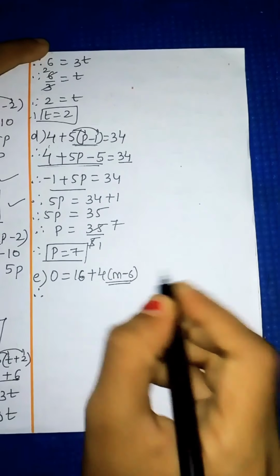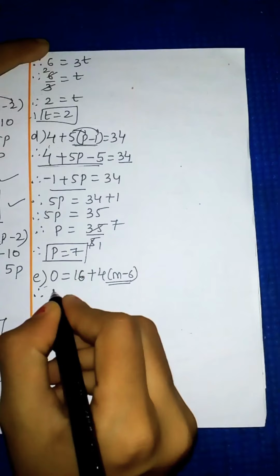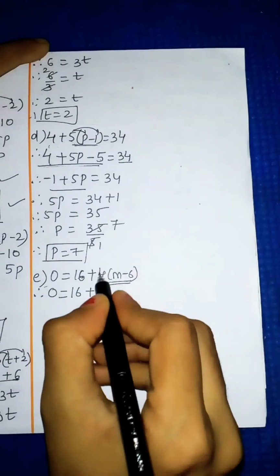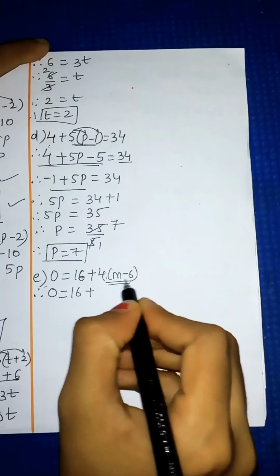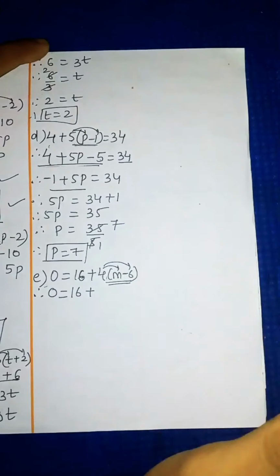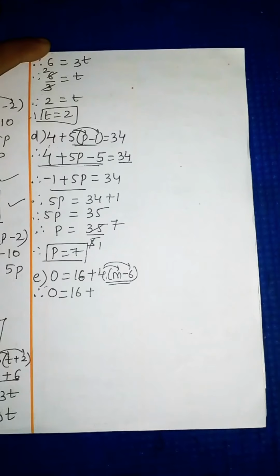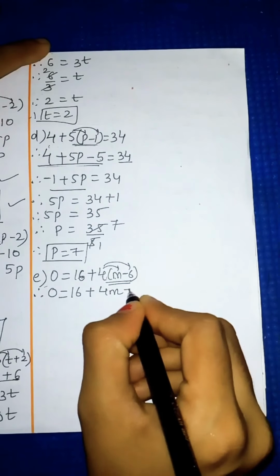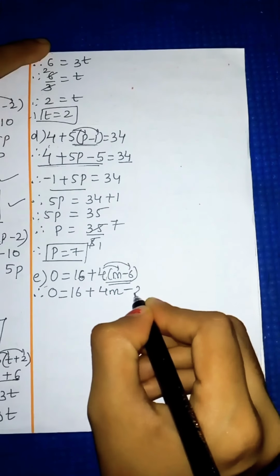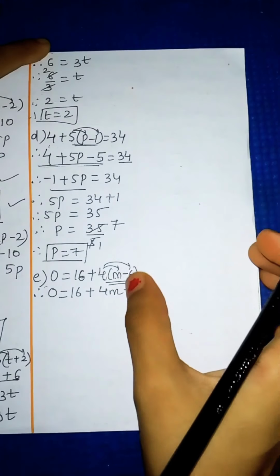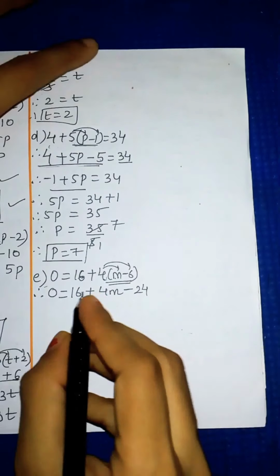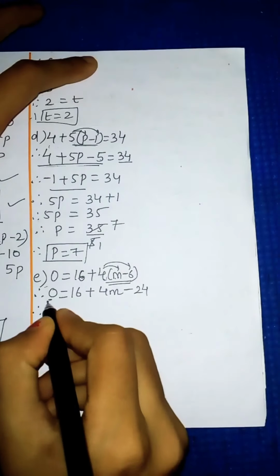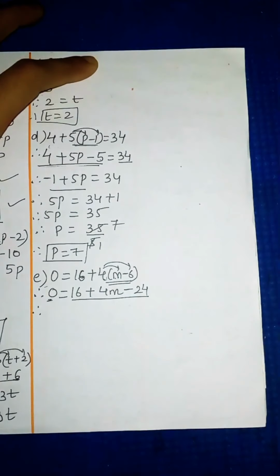So again the bracket we have to solve first, the other part same. So 0 will be the same as it is, here 16 will be the same, plus will be the same. Now 4 into this bracket, so this 4 we will multiply and we will open the bracket. First we will remove the bracket, so 4 into m will give 4m minus 4 sixes are 24, and then multiply these both, 4 sixes are 24. So the bracket is removed.